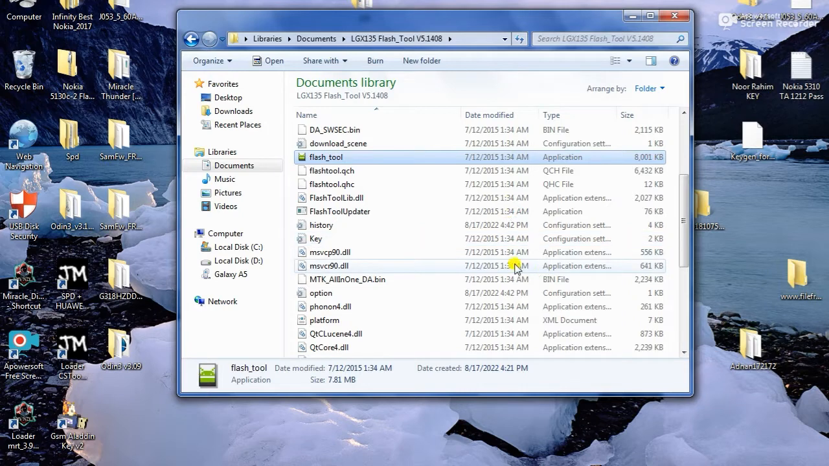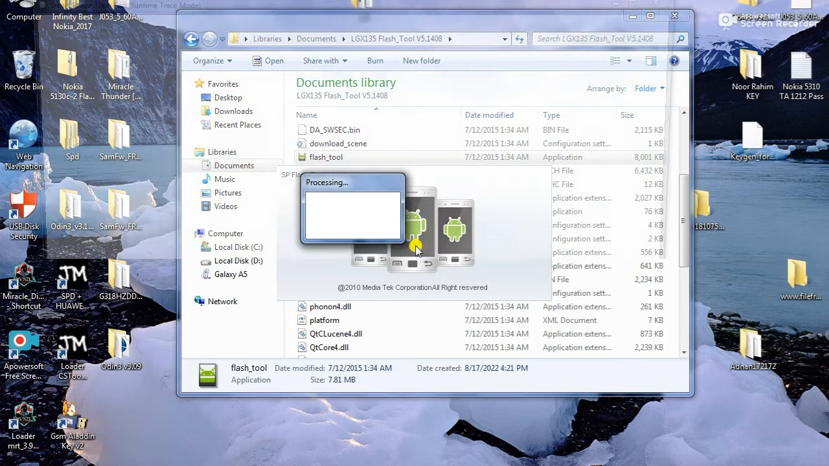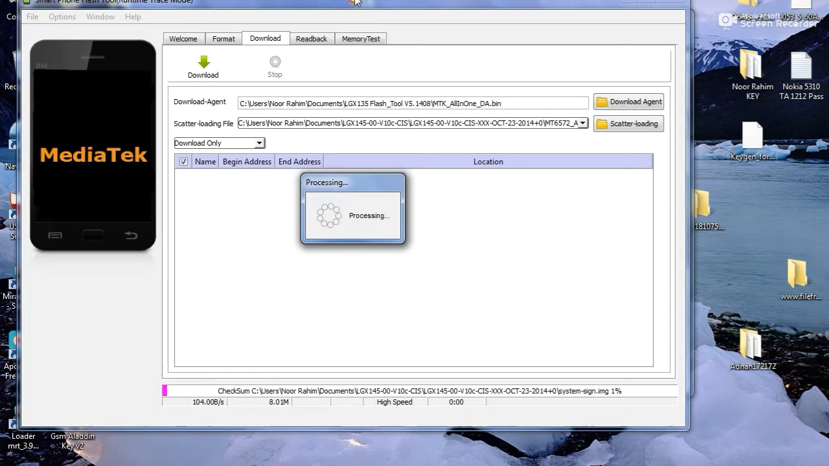First of all, you need to open SP Flash Tool for flashing. After opening SP Flash Tool, click on scatter loading. I am also doing scatter loading. After the scatter file is loaded,